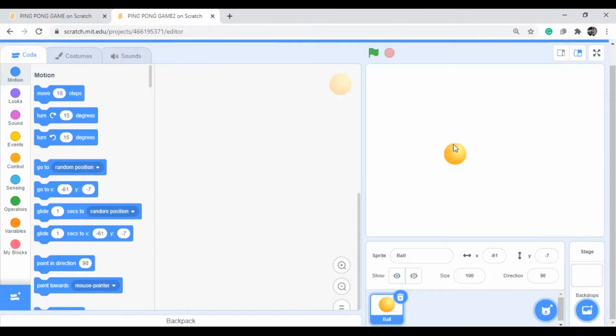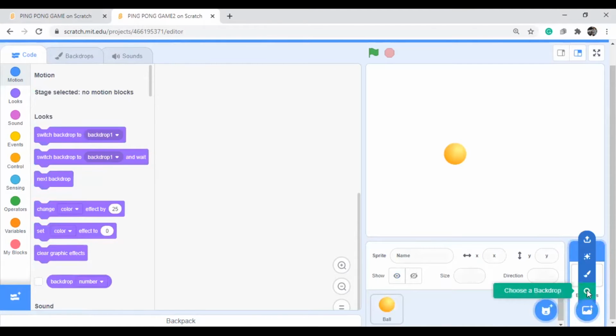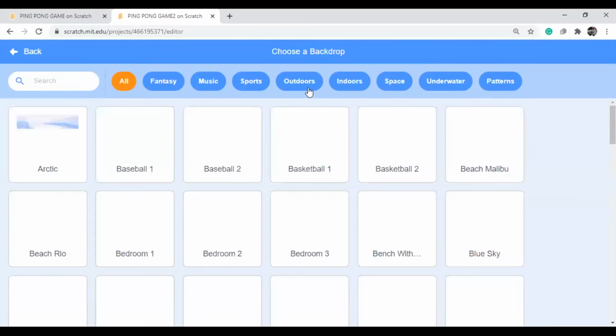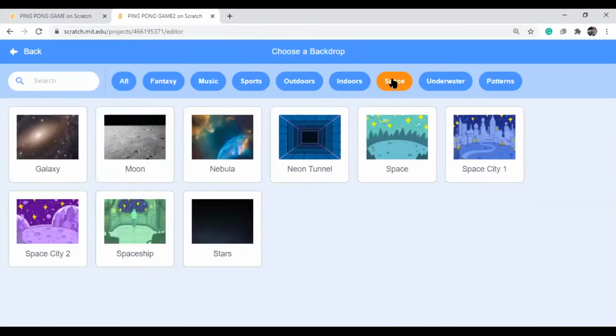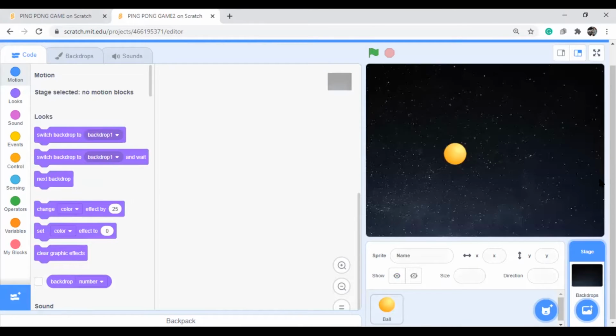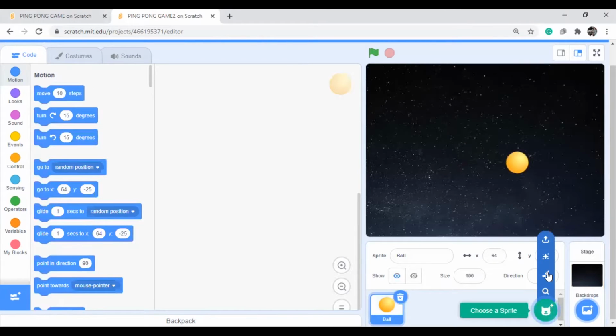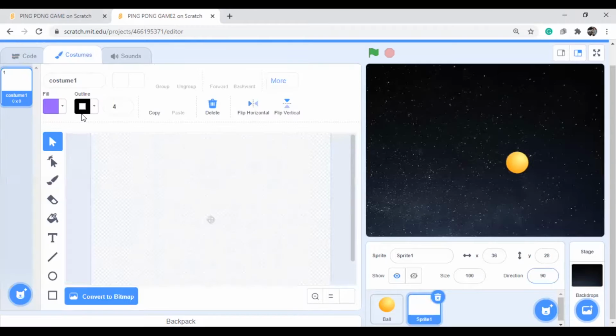For this game object, first of all we need a pedal, and we need a nice background also, and one ball. Three things mainly. So here I am taking the sprites. The first thing is I will change the backdrop. Space backdrops are very good for playing, so I am taking the stars. This is the first thing, and the next thing is the ball. Already I took it, and the next thing is the pedal.